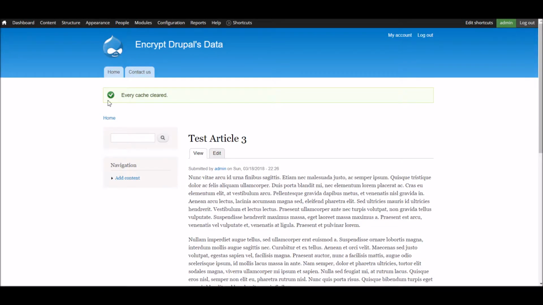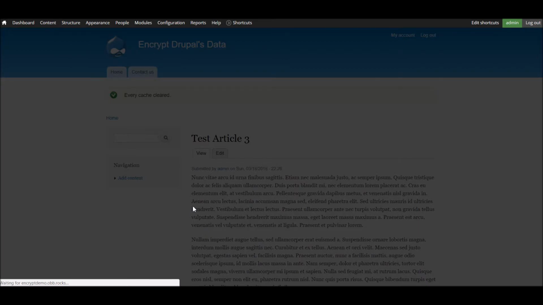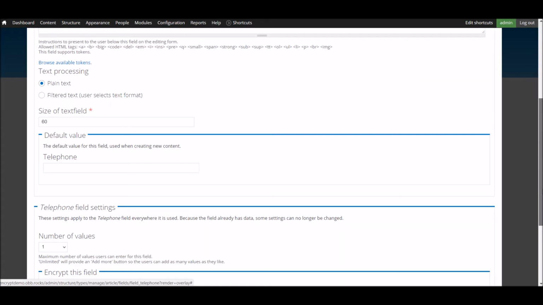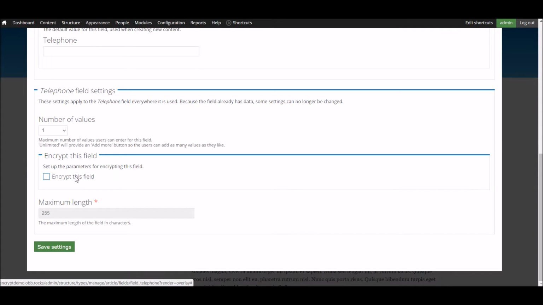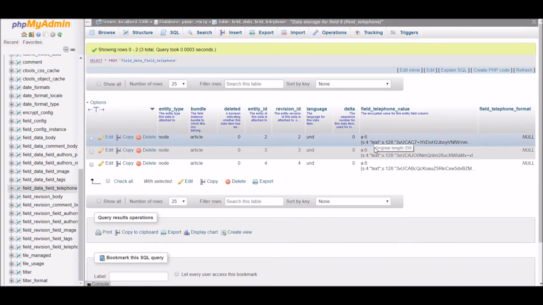So if we go back to the site, and I'll go to content types, article, manage fields, we just do the telephone number. Just scroll down the page, and we see encrypt this field. Click save. And if we go back to the database and click refresh, we can see that plain text value